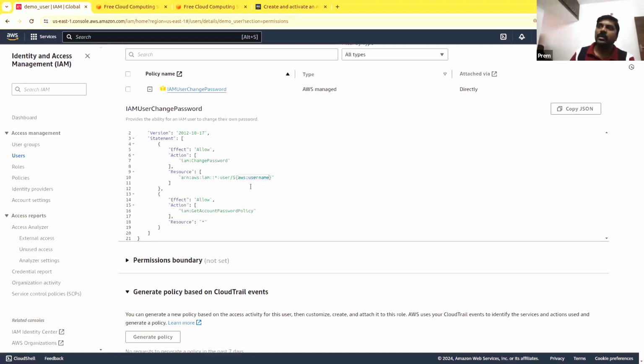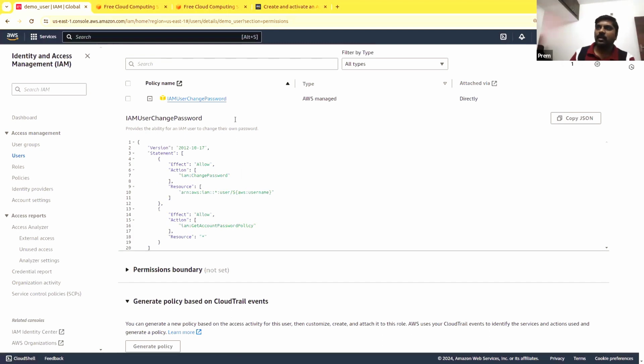It is not going to allow change password for any other user. Another statement allows getting the account password policy. So these are the two statements in this policy. With this, the user can only change the password. He cannot do any other operation.